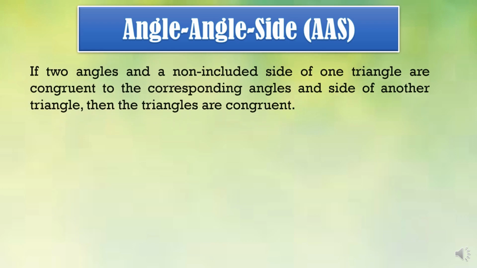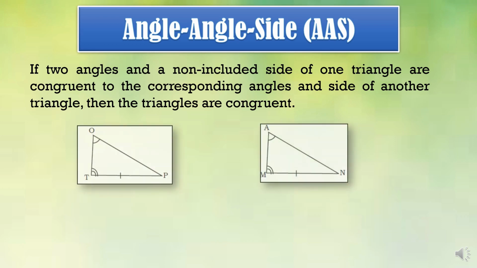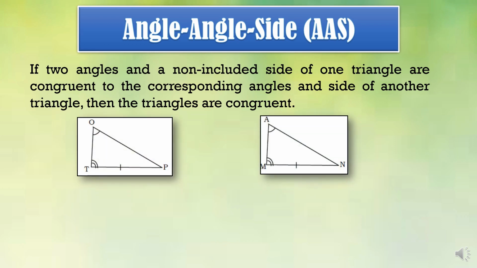Let us discuss another triangle congruence postulate, which states that if two angles and a non-included side of one triangle are congruent to the corresponding angles and side of another triangle, then the triangles are congruent. Given triangles TOP and MAN, based on the given markings, we have